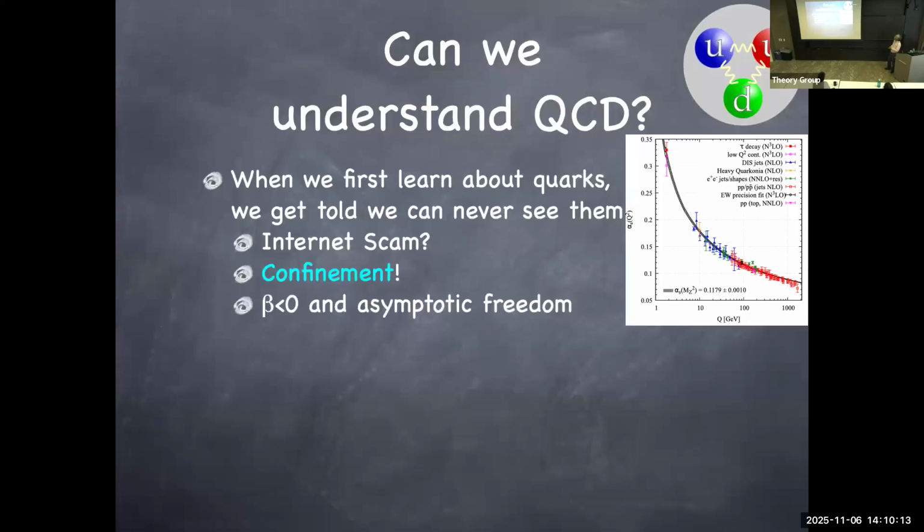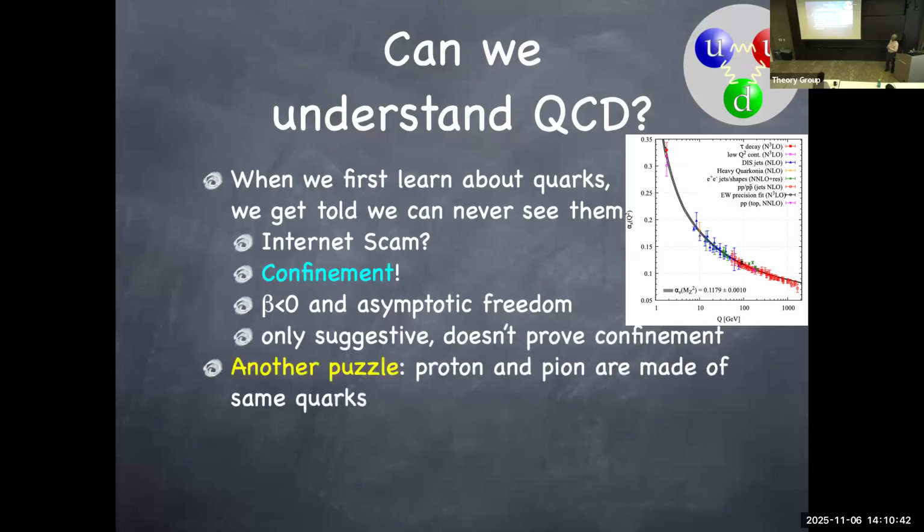We do learn the beta function in QCD is negative, and that's beautifully shown in the experimental data these days. So the theory becomes weakly coupled at high energies and strongly coupled at low energies. But becoming strongly coupled at low energies doesn't necessarily mean that the theory leads to confinement, because we are aware of other theories that reach an infrared fixed point, which is strongly coupled. So it's definitely not a theoretical proof of any sort. It's only suggestive. It doesn't prove confinement.